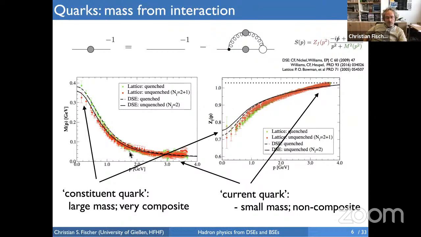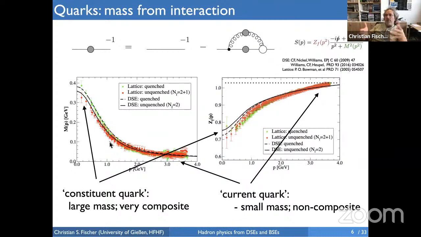So they describe the same physics. And what you see here is that the quark mass function is actually a continuous function that is small at large momenta. What you basically see here is the current quark mass, the mass which is generated by the electroweak interaction. And at small momenta, you see the additional mass which is generated by the strong interaction, of the order of 350 MeV, as Kenji already pointed out.